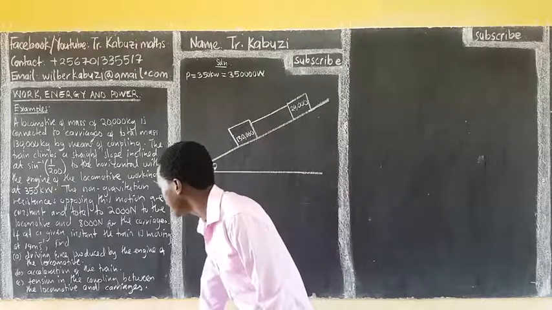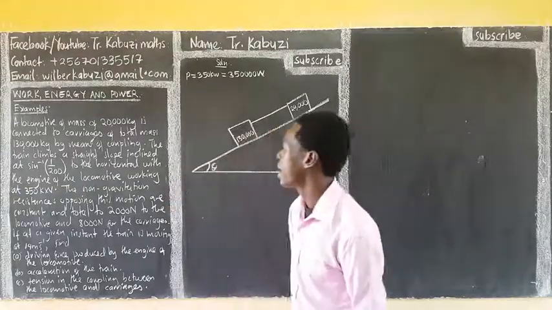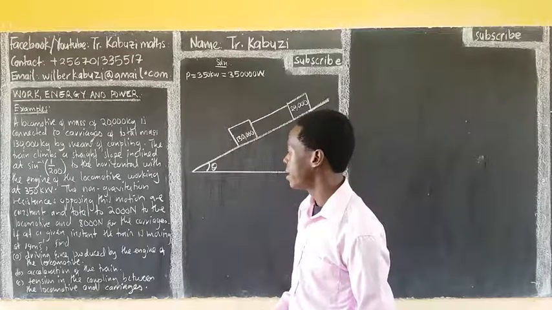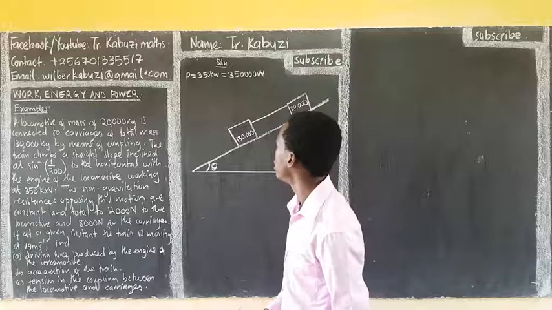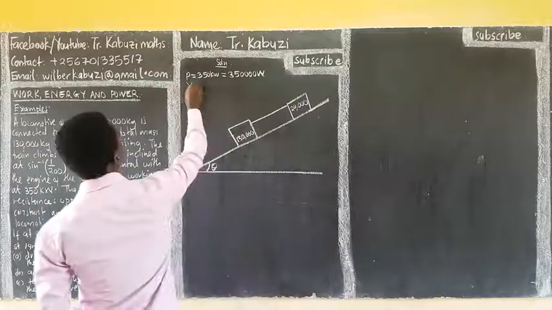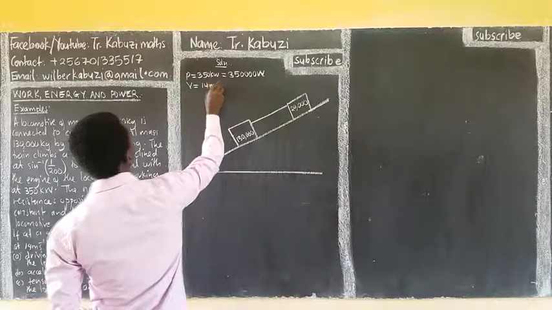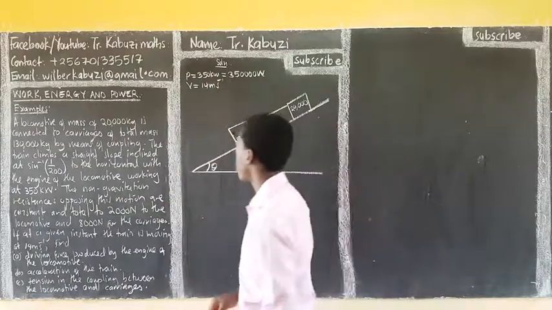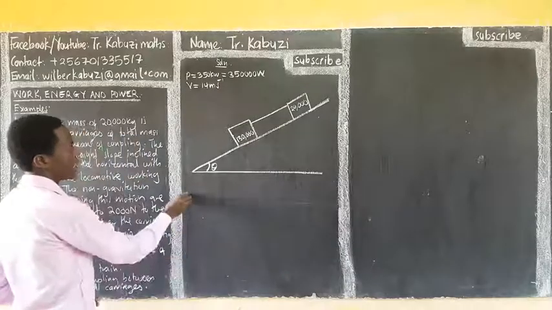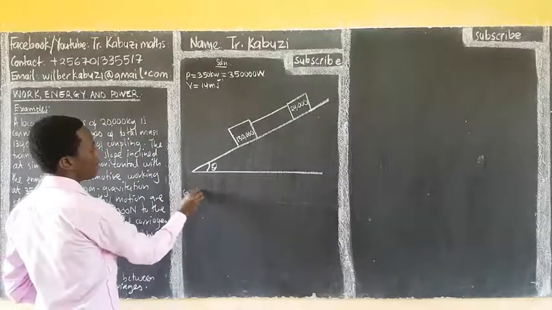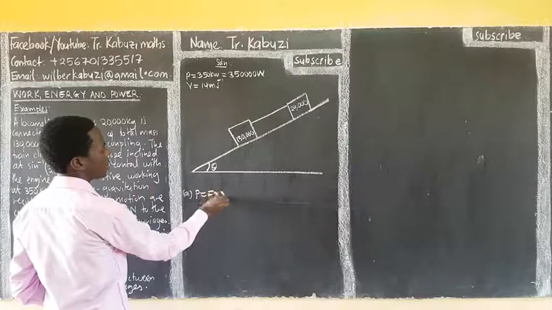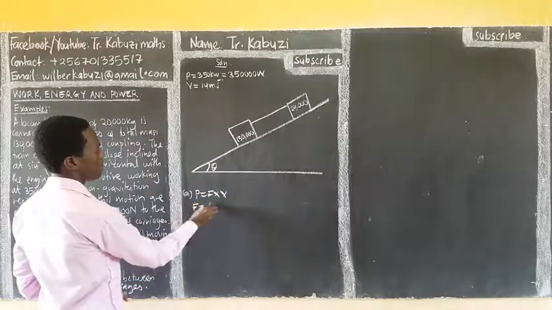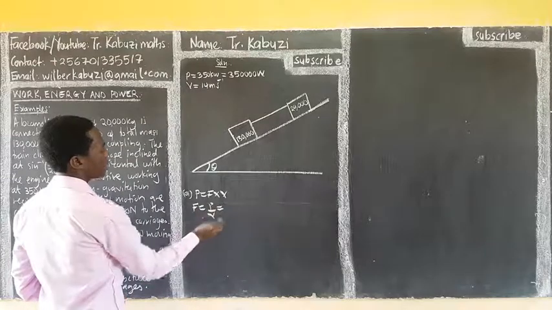If at a given instant the train is moving at 14 meters per second, that's the velocity, find the driving force produced by the engine. So they are giving us velocity as 14 meters per second. This is already in meters per second, so we can come to our driving force in part A. Know that always our power is equal to force times velocity. So the driving force F is going to be P over V,